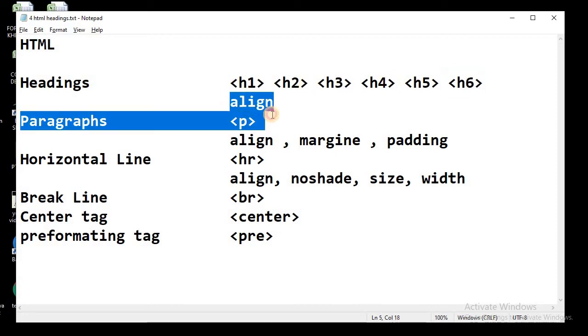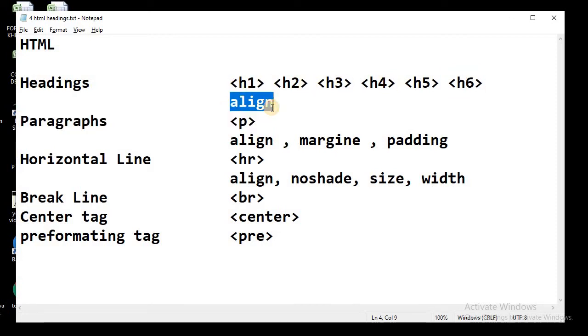Some of the attributes that we can use with the heading tags is align, and we can also perform lots of styling that we'll study when we do styling and CSS. So we'll leave that part to the CSS tutorial. Then we'll study paragraphs. For making paragraphs, we use the p tag. With the p tag we can use the align attribute, margin attribute, padding attributes, and